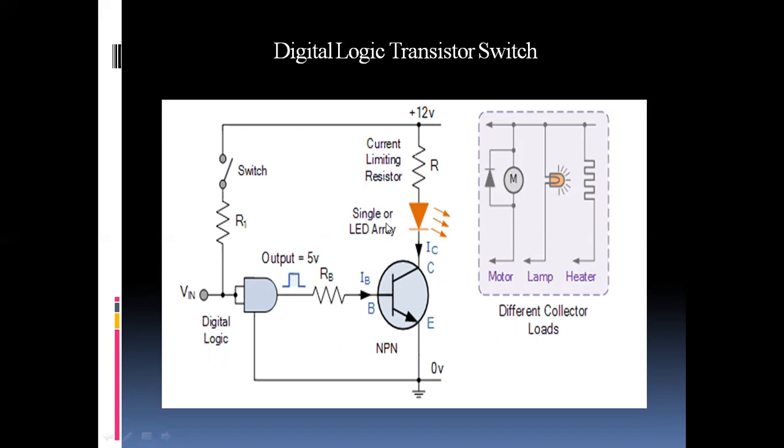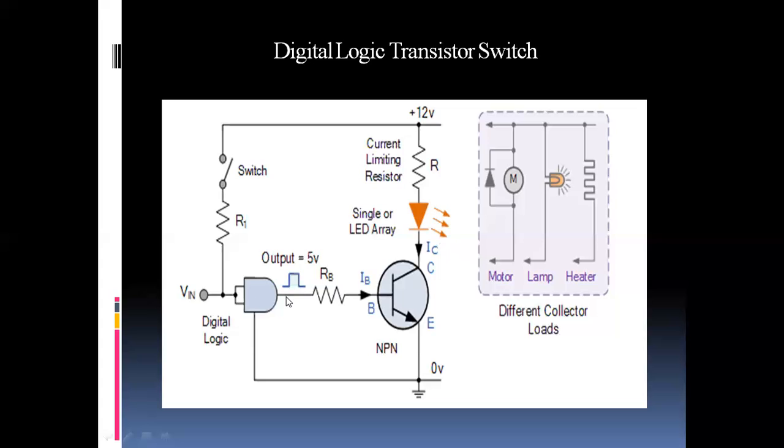In the example shown here, the glowing of the LED is connected to the transistor, meaning the transistor is driving the LED. The input of the transistor is nothing but the output of the logic gate. The logic gate may be an AND or an OR gate. The input is given to the logic gate, it provides an output equal to 5 volts, and because of that the transistor becomes on. When the transistor is on, current flows through the circuit, and this turns on the LED connected on the collector side. So switching on the transistor switches on the LED.